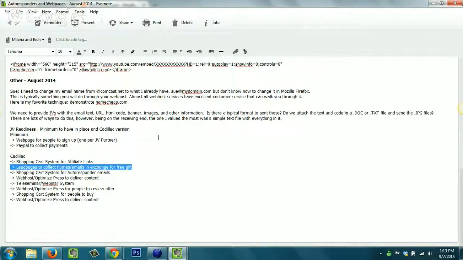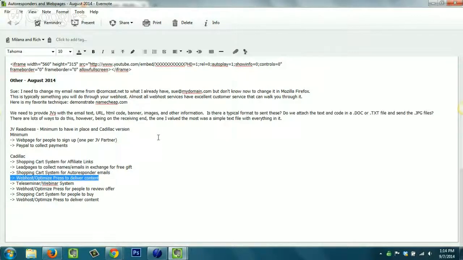Second would be using Lead Pages to collect names and emails in exchange for a free report or some kind of free gift. I don't know of a more effective way to collect names and email addresses than Lead Pages. Their stuff just flat out works. Then after that, once again, we come back to the shopping cart system, which would deliver your emails. Once people opt into your lead page, your shopping cart system will send out those emails. Okay, and when those emails go out, they need to send people to a place, and that could be sending them to another lead page, or perhaps to OptimizePress, meaning having a web host with WordPress and OptimizePress